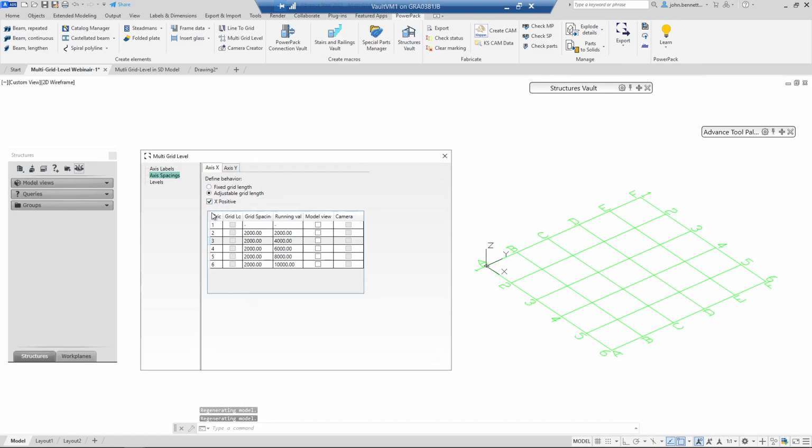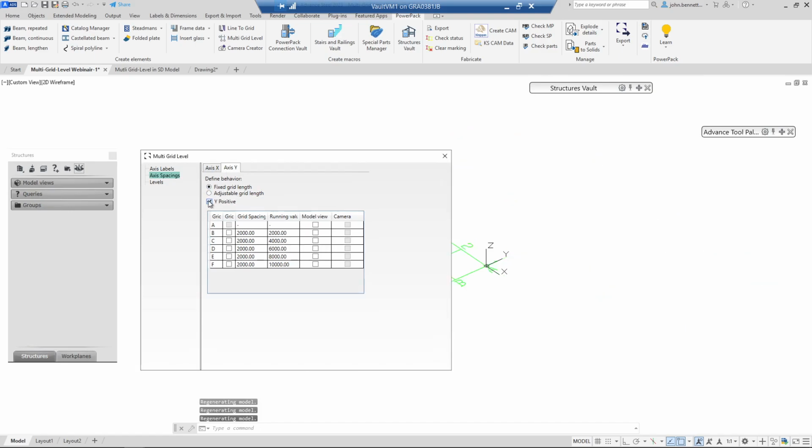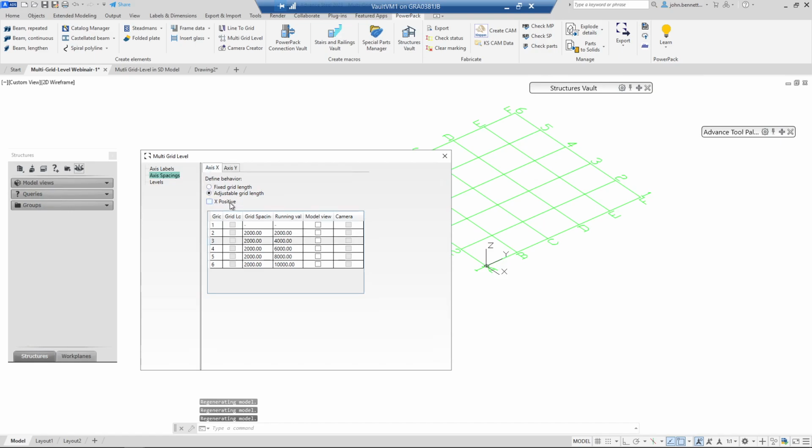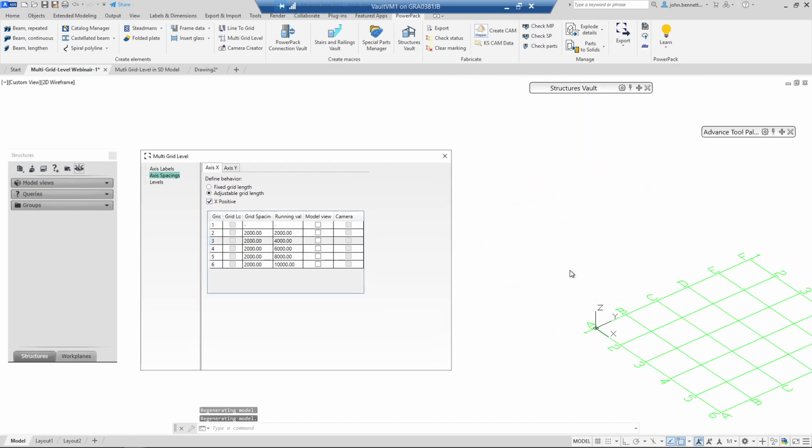Another nice feature to look out for is we have a switch to change from X positive to X negative, flipping the grid about that axis, and similarly on the Y. And obviously the two can be used in combination together if so needed. Just returning to the X grid here and putting it back into the positive position,